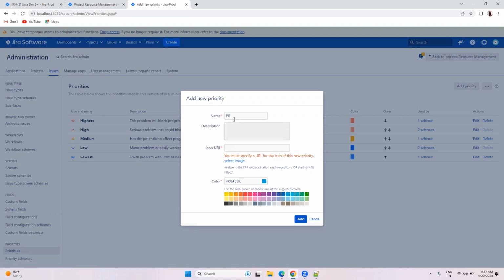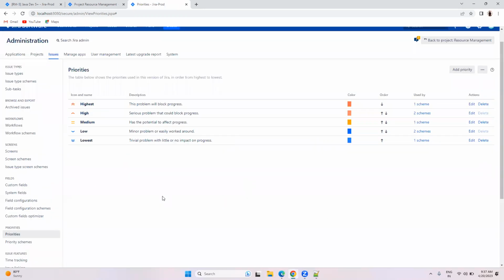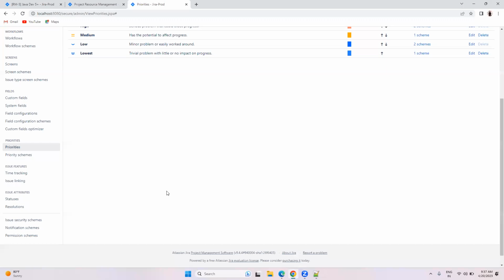Like if you create P0, P1, P2, P3 like that. Some people create critical, bug, blocker and so on. That is based on their project requirements, and we need to create them here and add them for them. That's it. Okay. So